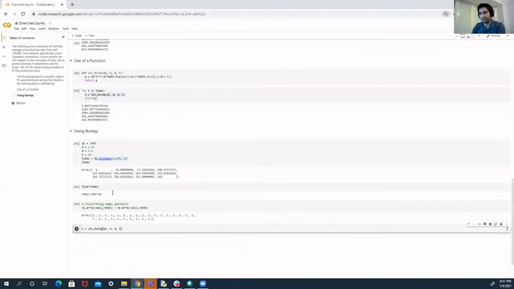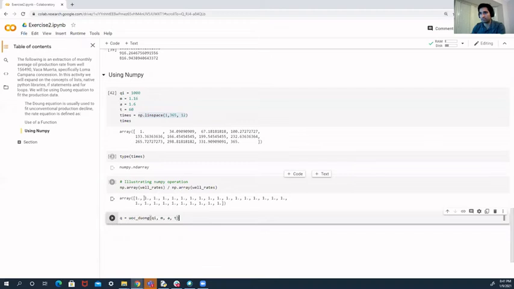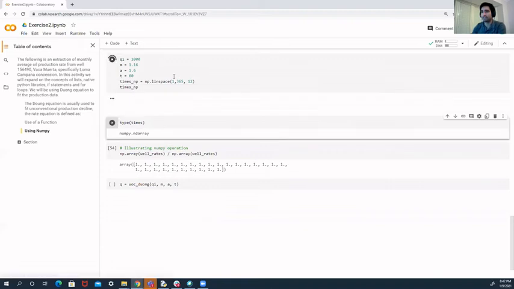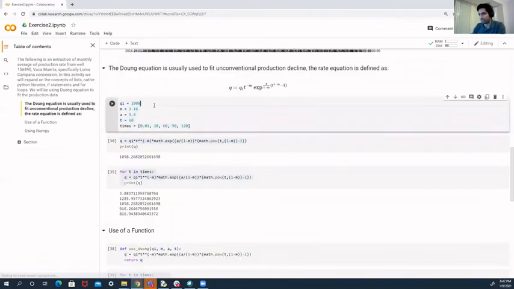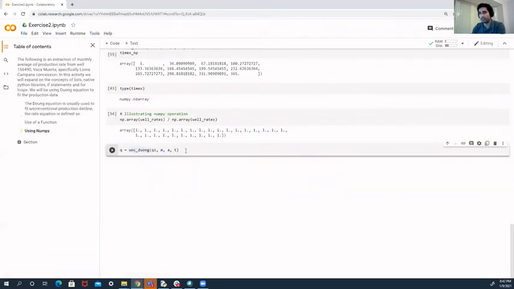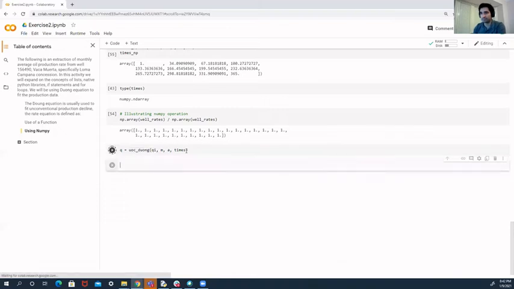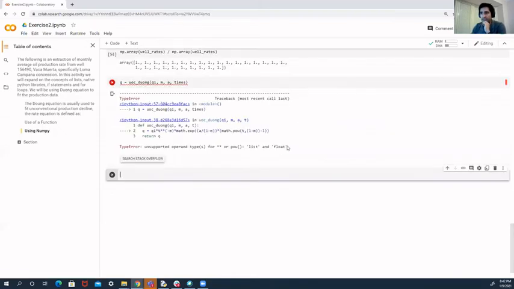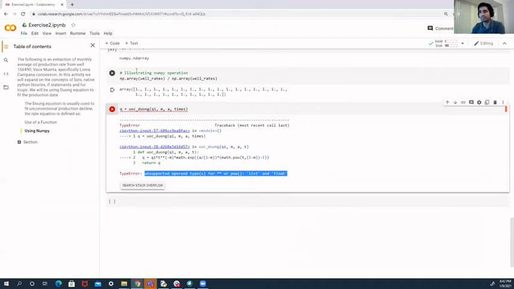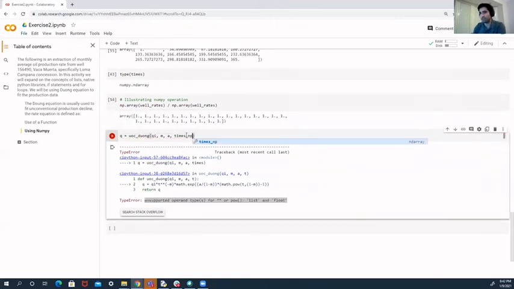Instead of passing times, I'm going to pass times underscore NP, a NumPy array. And these times I'm going to leave as a list, just to illustrate my point. If I pass here times, the first list, I would have an issue, as I mentioned before, because I can only use a float number in that equation. But if I pass, hopefully, a NumPy array,